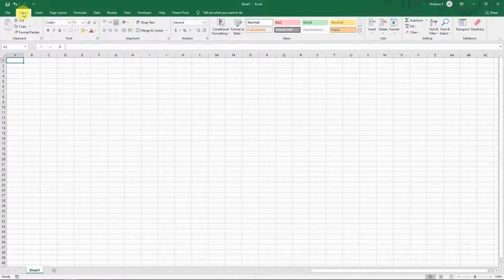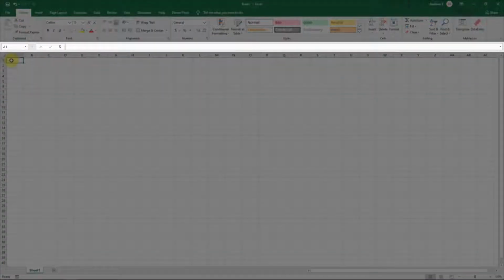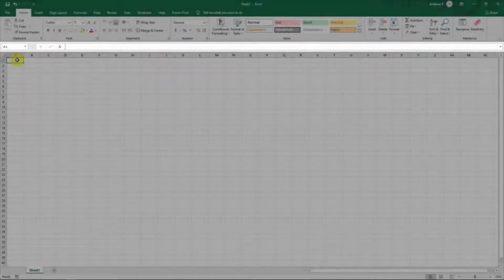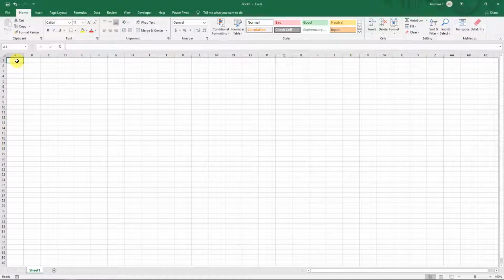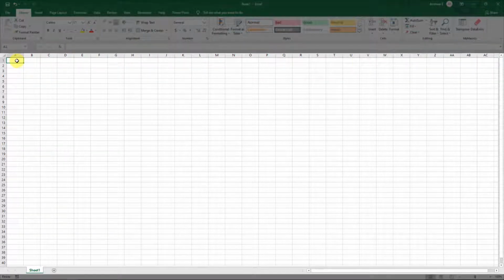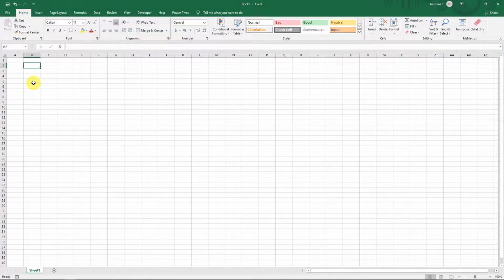The second thing is the formula and name box. If you type any formula in a cell, this is where you will see it. The majority of the Excel screen is given to the worksheet grid, where you have numbers for rows and alphabets for the columns. Each cell in Excel has a unique address, like B2, which is row 2 in column B. The last area in Excel is the status bar.